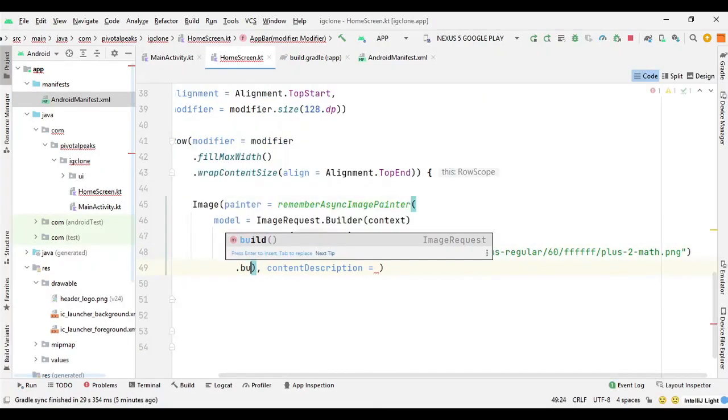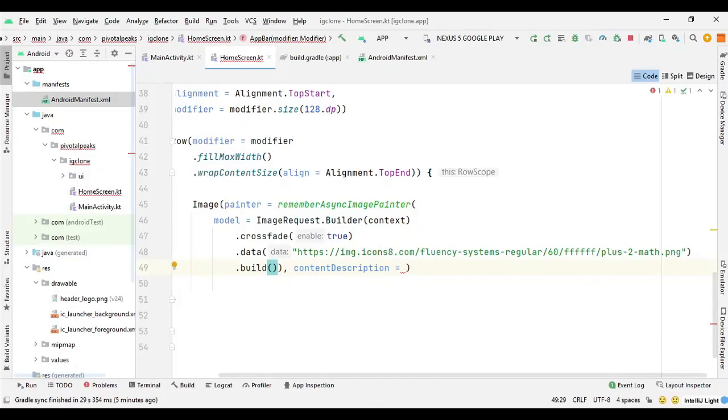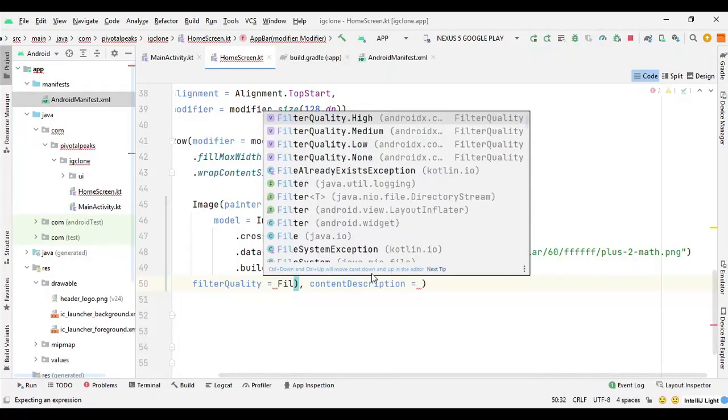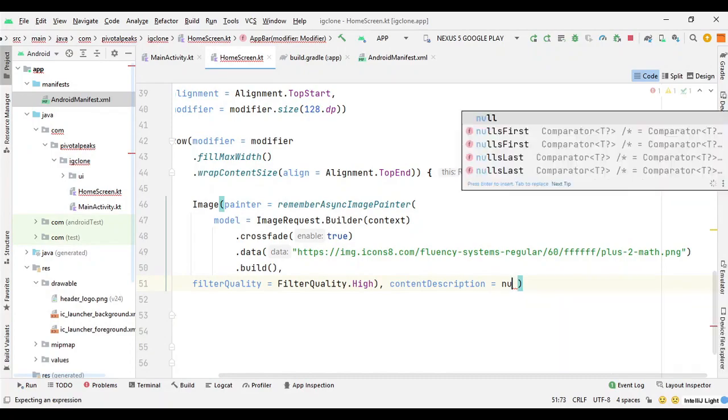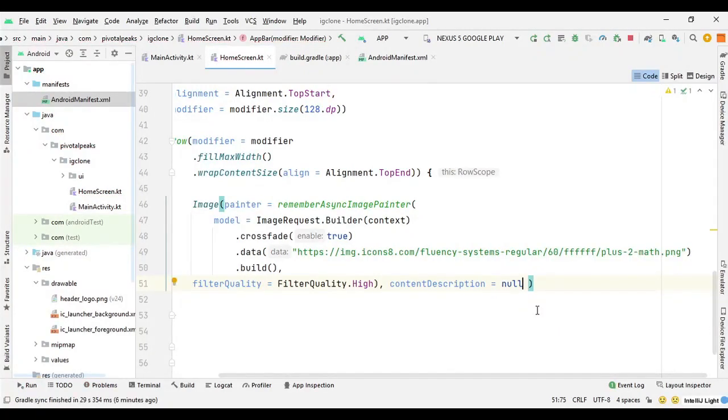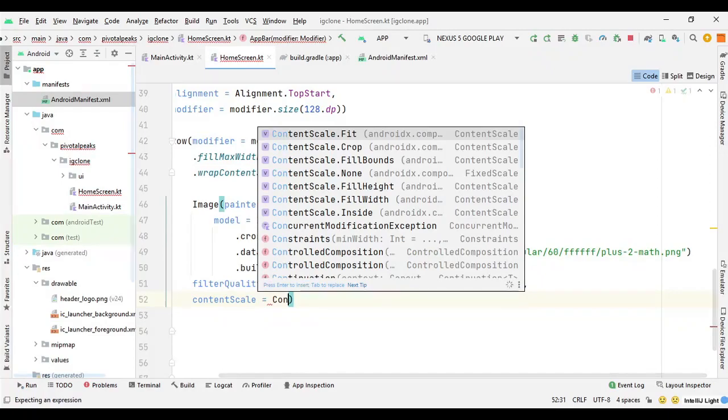So .build, and after build we can declare the filter quality. So here we will say FilterQuality.High, and then you can pass the content description. Again I am just going to pass it null, and then we need to provide the scaling. So we can say contentScale equal to ContentScale.Fit,